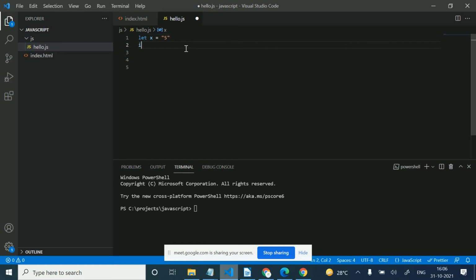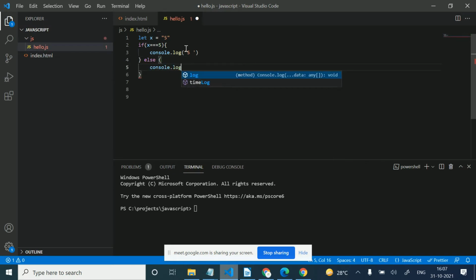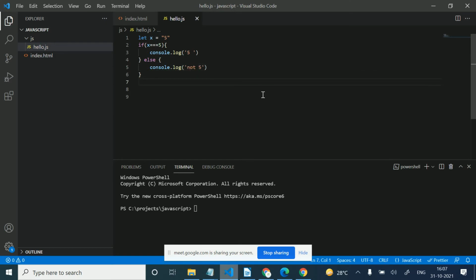If I compare here, if x equals 5, console.log 5, and in else, console.log not 5.